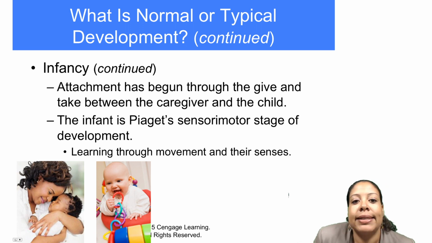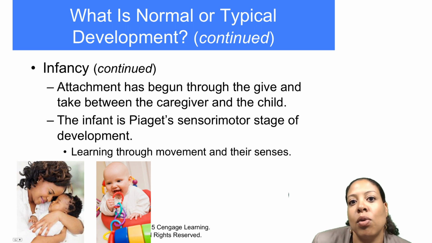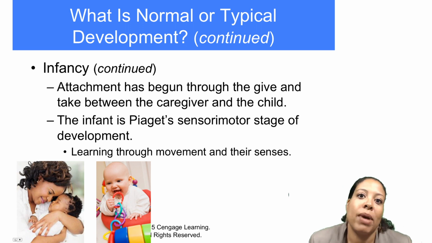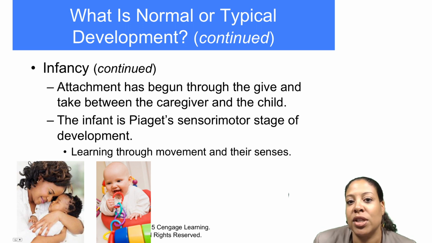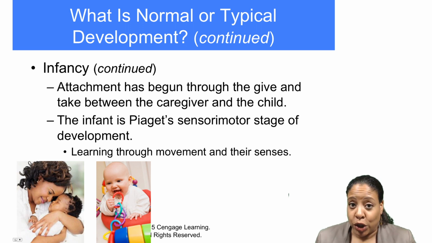Also with infancy, attachment is a big part of that. Attachment has begun through the give and take between the caregiver and the child. And this is really important for any of you who've ever been around infants. You notice that the social smile usually happens after a few weeks, up to about 2 months. And I remember with my first son, when we went to the 2-month checkup and she was making sure that this was a milestone that he was meeting, she would imitate, or she would